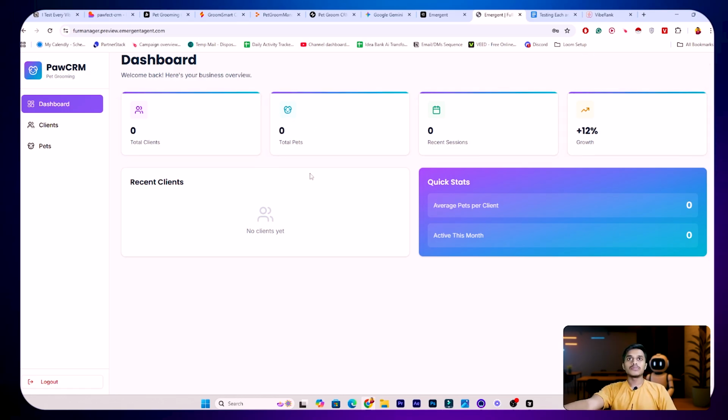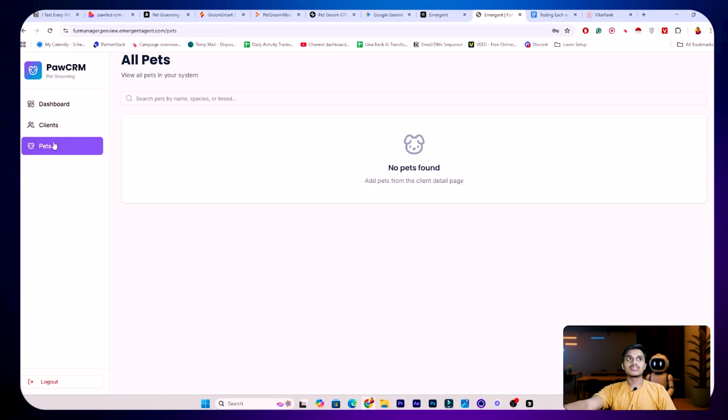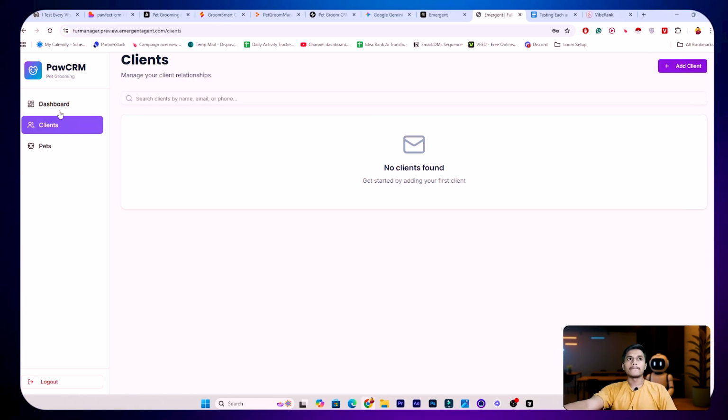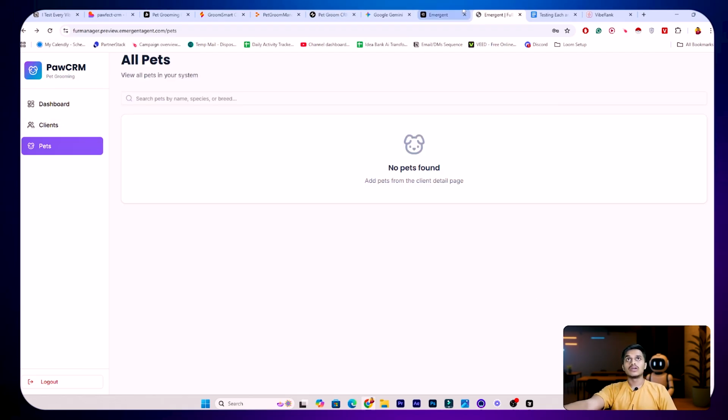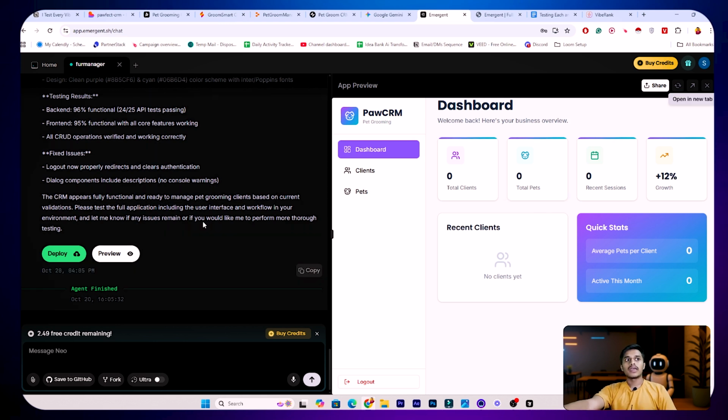The pop-up animation, the client section, the pet section, all is the same, but these results are quite impressive. I like this one. We can also log out. This also shows us average pets per client and active this month, all of the things. And maybe this is one of the best because Emergent AI has recently come out, and it will do